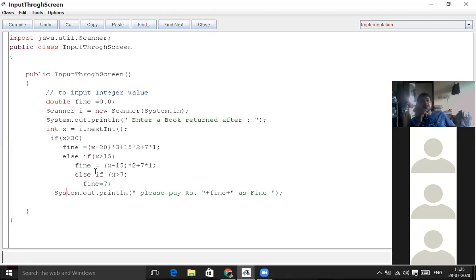I reduced x minus 30, then x minus 15, and then I did not reduce anything and directly wrote this one, because the sequence is like this. For the first 7 days I don't have to pay any fine, and that is written at the beginning. By default I have given the fine as 0, so when I print the fine at the end, it will come as 0.